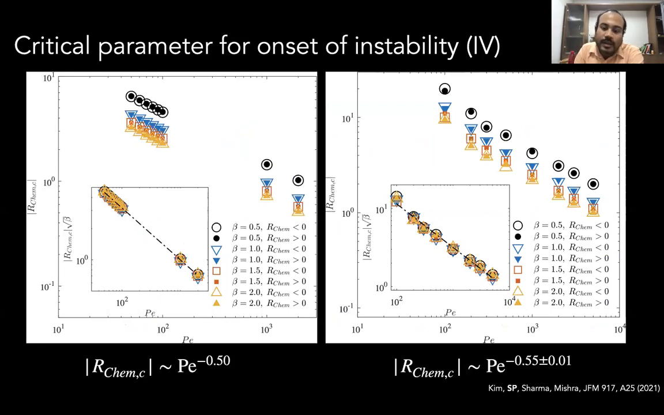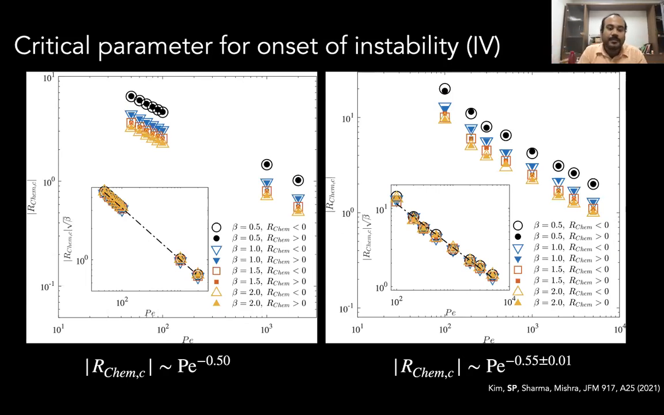Now this one is how it depends on the beta parameter, because we have seen for Peclet number, and for different Damkohler numbers, what happens. So now we wanted to know how the beta dependence occurs. So we did a set of different beta, 0.5, 1, 1.5, 2, for both positive and negative R chemical values. And then what we have shown, the left hand side is from the linear stability analysis,